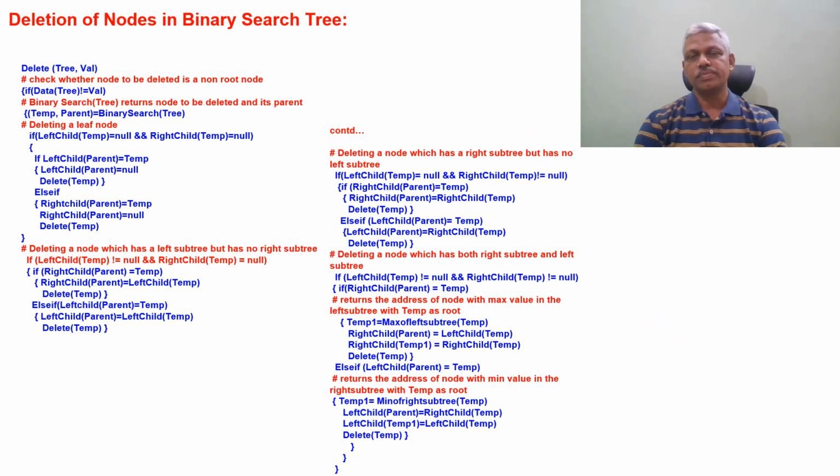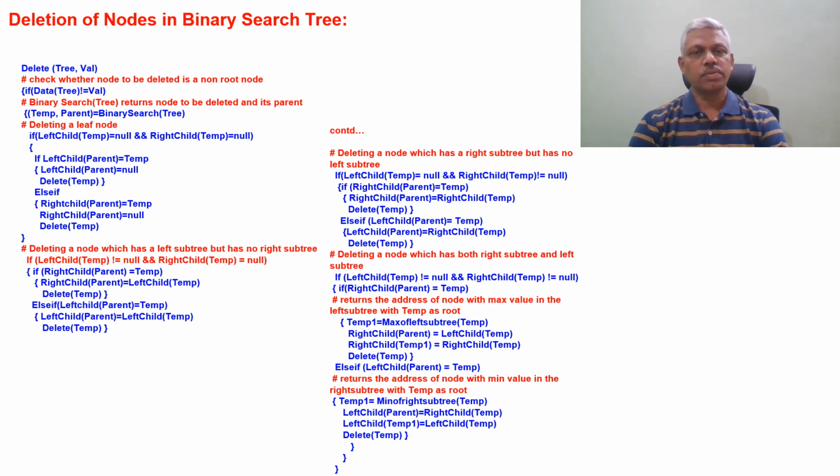The input to the algorithm is tree comma val, where tree is the starting root node of the tree, and val is the value to be deleted from the binary search tree. Initially, let us assume that we are not deleting the root node. We need to deal with that separately. If data of the tree is not equal to val, if it is not a root node, then we need to search